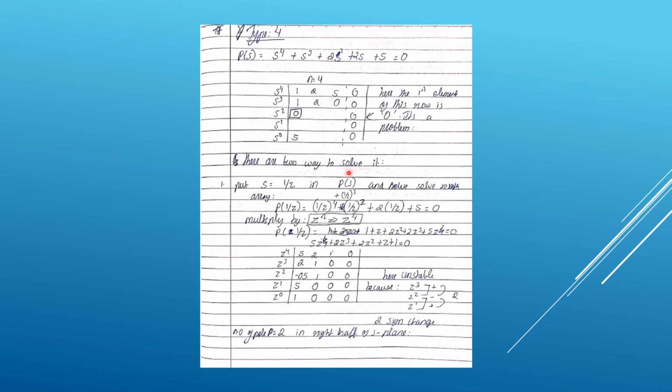Okay, there are two ways to solve this. I prefer the first: replace s by 1 by z in the previous equation. We will get P of 1 by z: 1 by z raised to 4 plus 1 by z cube plus 2 by z square plus 2 by z plus 5 is equal to 0, and multiply by the highest power of z, that is, n equal to 4, so z raised to 4, multiplying the whole equation by z raised to 4, we will get